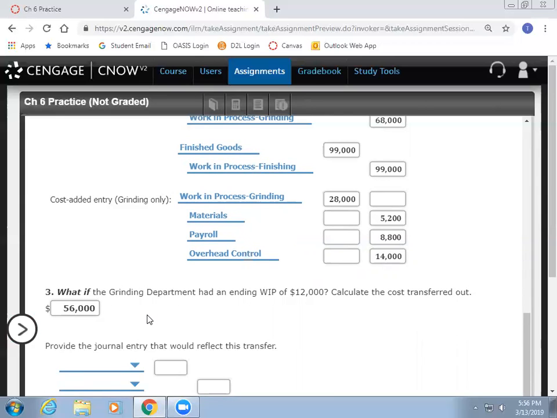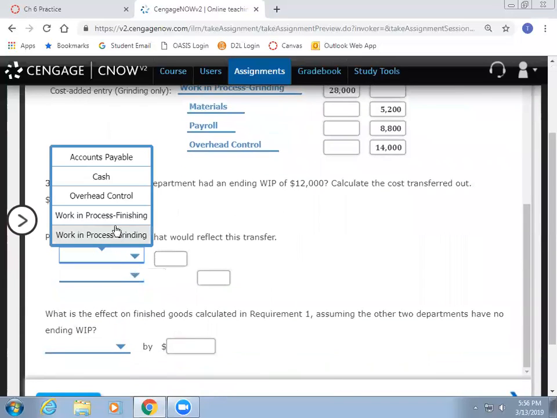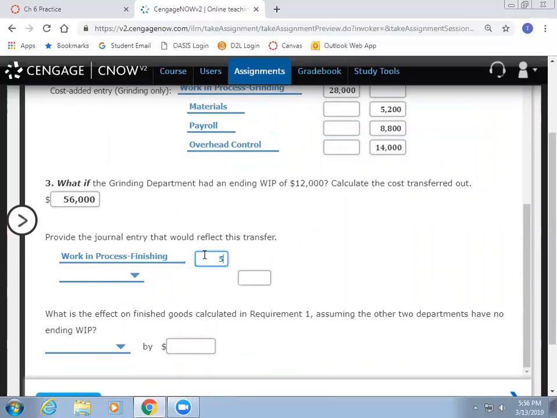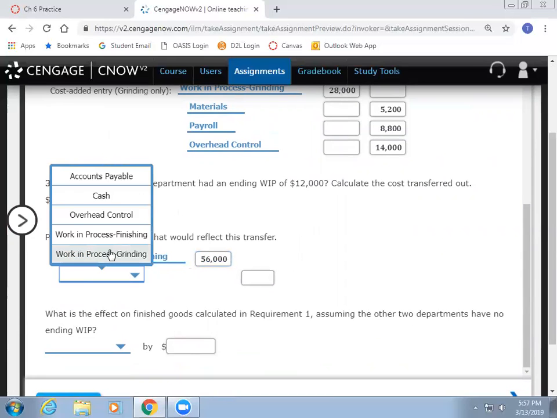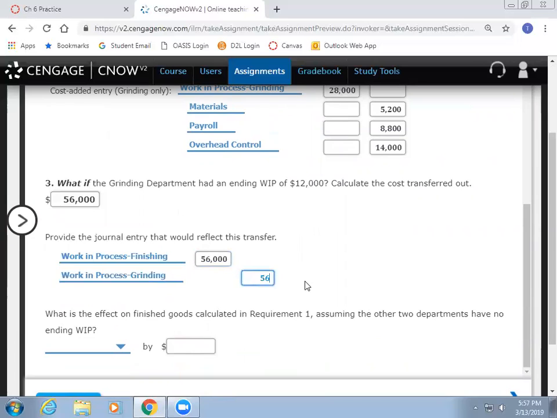And then they're asking for the journal entry. Well, it's really just changing the amount. Okay, you would show work in process finishing, 56,000, and coming out of grinding, 56,000. So if we were transferring less costs into finishing and therefore into finished goods, how does that affect finished goods? It's decreased. Very good. So we would decrease by the 12,000 because that 12,000 cost is staying in the work